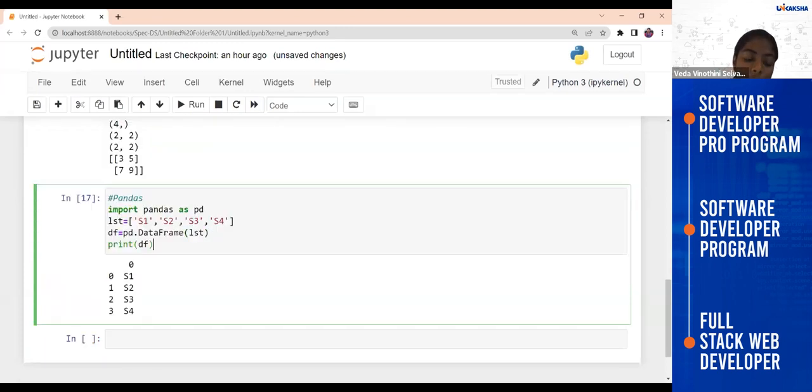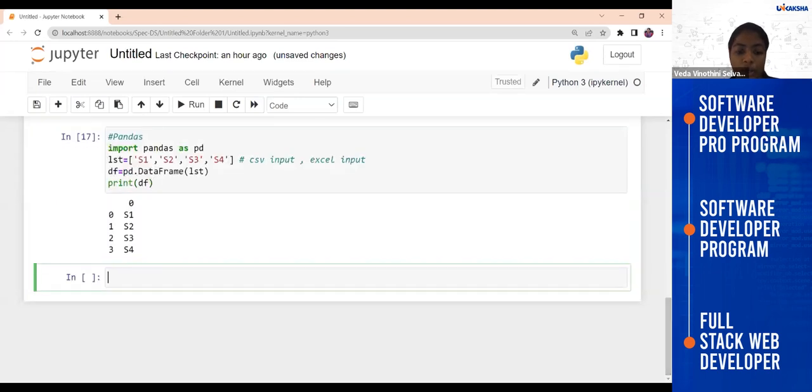Why are you using pandas? It works with the concept of a data frame. It will automatically give you the index, and you can easily process many kinds of things. For example, if you take CSV format as the input, or Excel format as the input, it will be easily processed. That is why you use pandas. There are plenty of operations you can use in pandas.